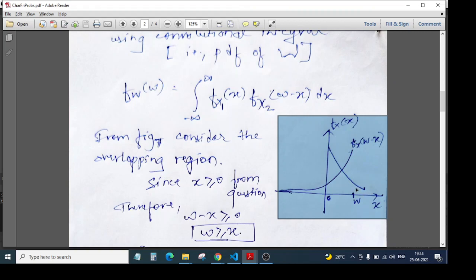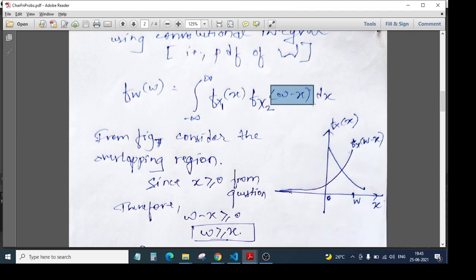Here your x1 is a decaying exponential function that we have plotted here. Okay, so this line. The next thing is that you have to flip and shift, from your signals and systems. So we have flipped this signal, and we have shifted it by an amount of w, or by an amount of minus. You just try to understand it: we are trying to flip and shift.